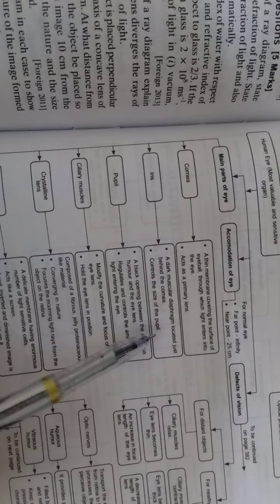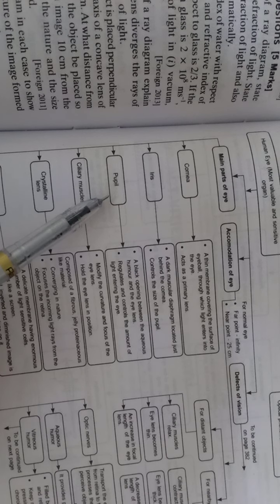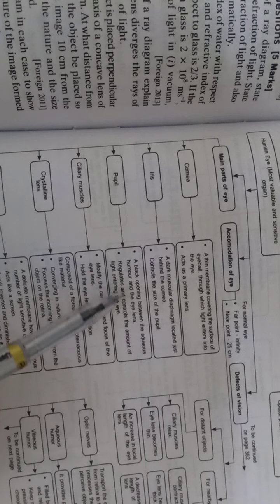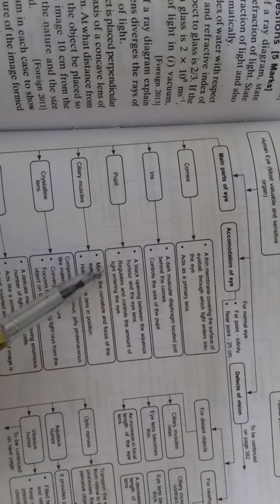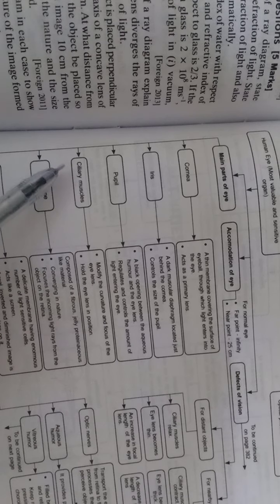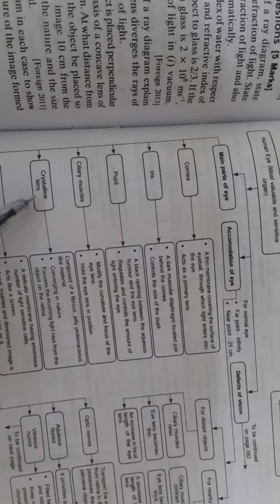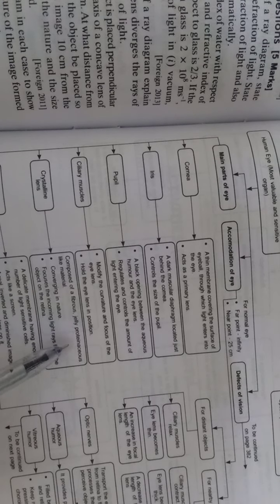of the pupil. Third one is the pupil, a black opening between the aqueous humor and the eye lens, which regulates and controls the amount of light entering the eye. Ciliary muscles modify the curvature and the focus of the eye lens and hold the eye lens in position. Crystalline lens, composed of a fibrous, jelly-like proteinaceous material, converging in nature, focuses